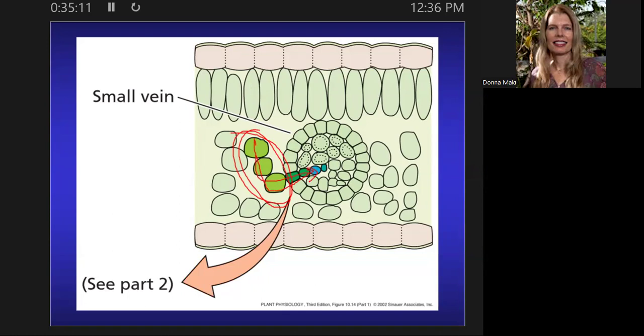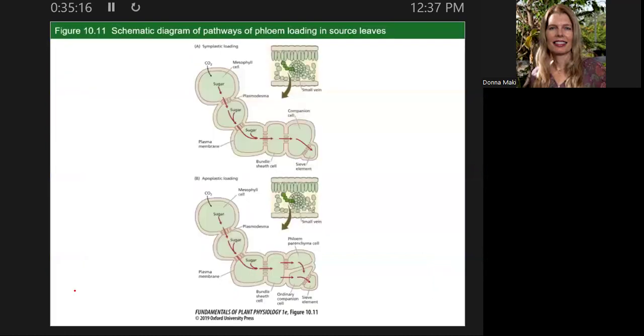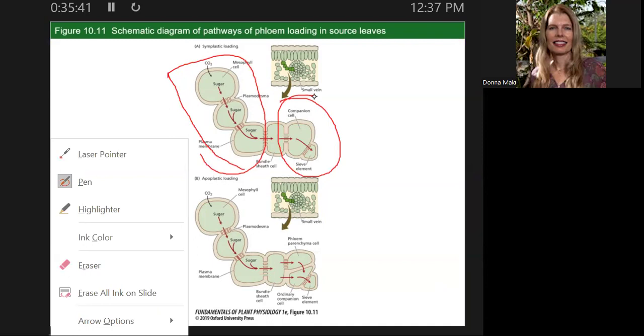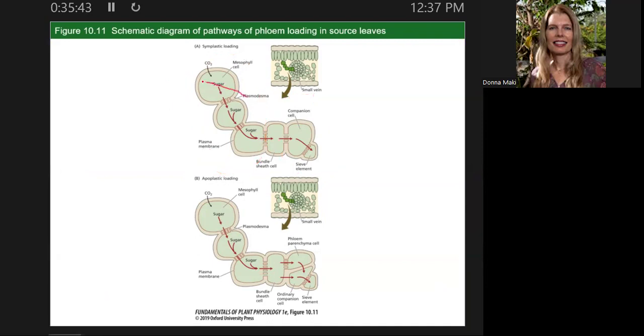So they're going to take that image and now they're going to blow it up on the next slide here and zoom in on that. So there are your leaf cells doing photosynthesis. And you can see the sugar flow getting to the phloem, well, the companion cell and the sieve tube element over here. So figure A is looking at symplast, where you have